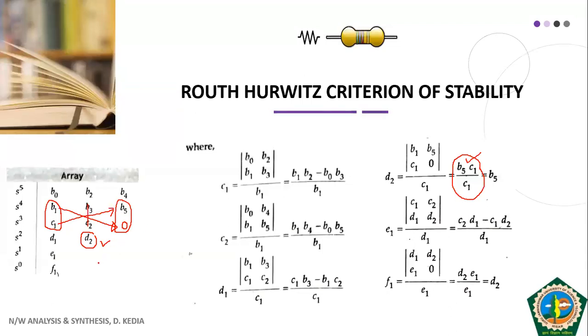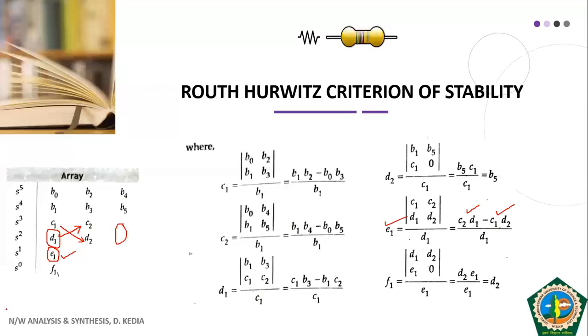Okay. So once we are done with that, now we need to calculate E1. So how do we do that? I think now you can do it yourself. Still, I'll tell you, in order to obtain E1, it will be D1 into C2 minus C1 into D2, divided by D1. This is how we get E1. Clear? And then since there are no terms here, there will be no E2.